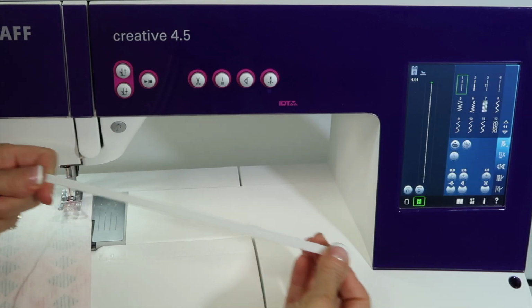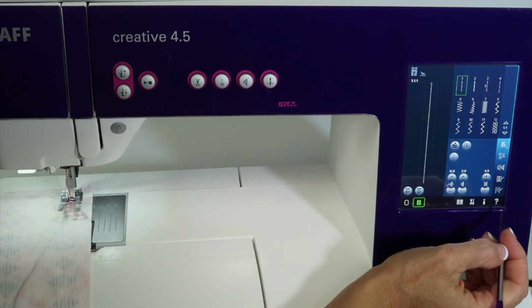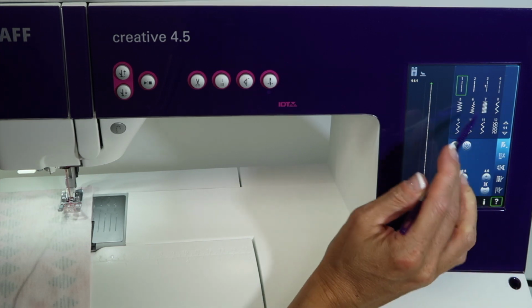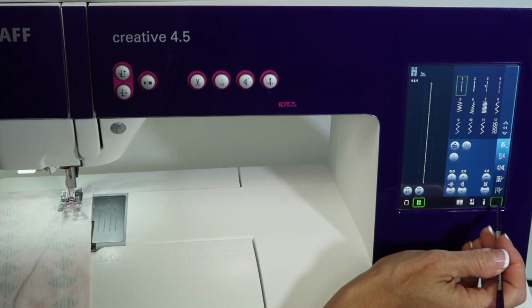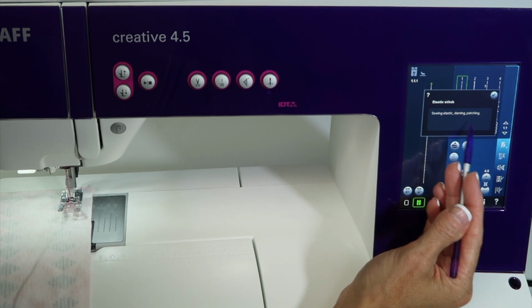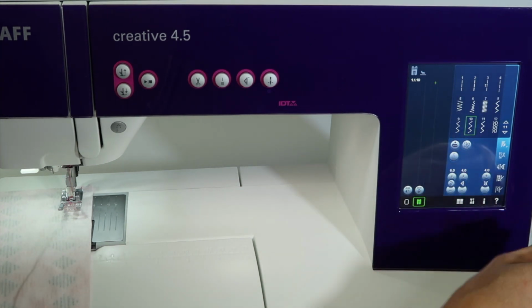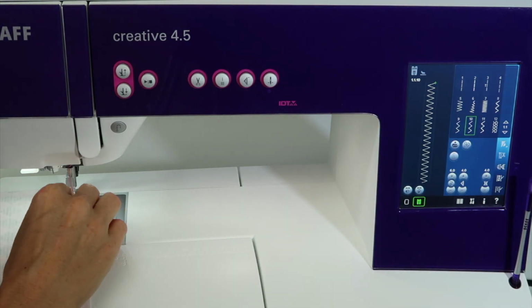If you're looking for a stitch to sew on elastic and don't know which one you're looking for, remember you have the little help area, the question mark, and if you pick a stitch, it will tell you what that stitch is. So if I touch it and touch stitch number 10, it says elastic stitch, sewing elastic, darning, or patching. So let's just go ahead and select stitch number 10, and then with the right foot, I've actually got